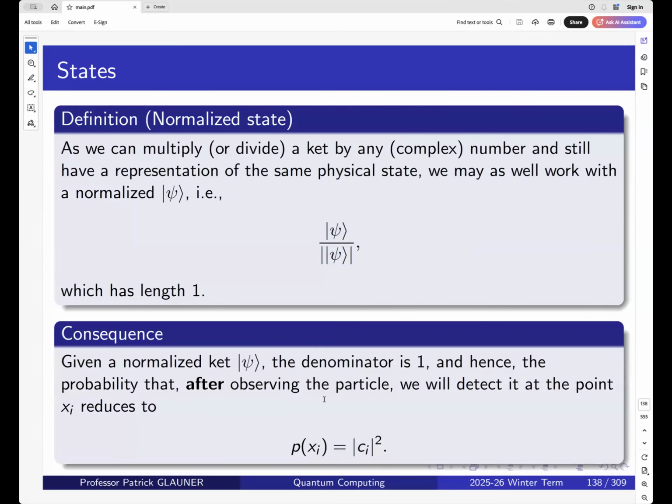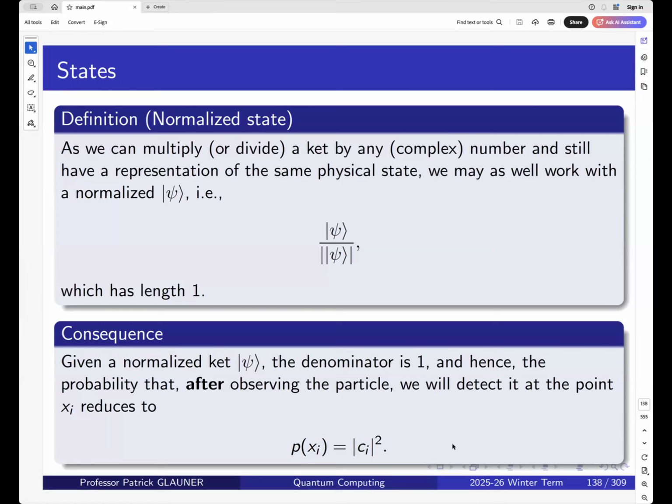And when you have normalized, then this calculation of observing the particle after measurement becomes much simpler, because then you just take your entry Ci and take its modulus squared and you're done. When we assume that the vector is normalized, each of these probabilities x0, x1, x2 will all just add up to 1. And this is something that we also require